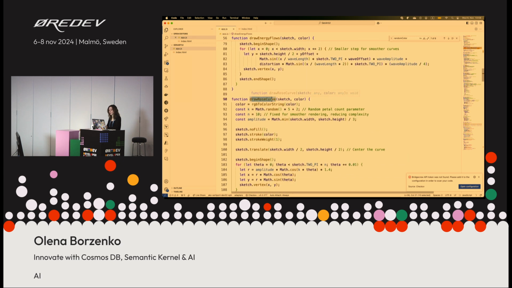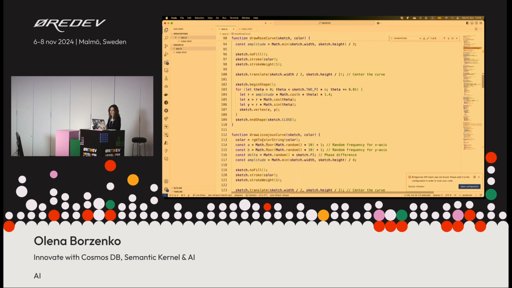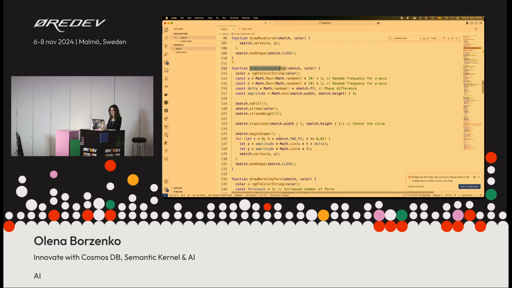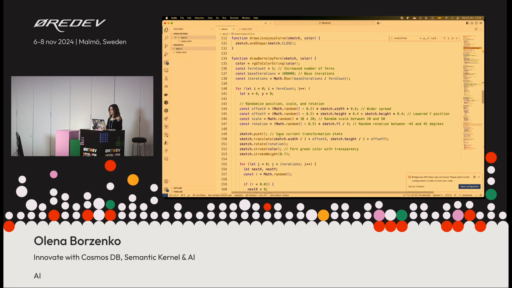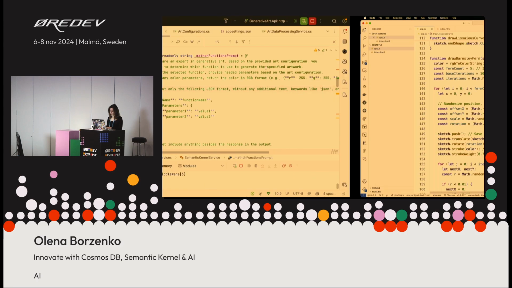And the rose curve, that's what we saw before. Lissajous curve, yeah. So as you can see, those are complete algorithms. If it's selected, they will draw a very similar result because that's how an algorithm works, and that's what I want to avoid later on. This very similar result. I want to have more randomness and more creativity in the output.